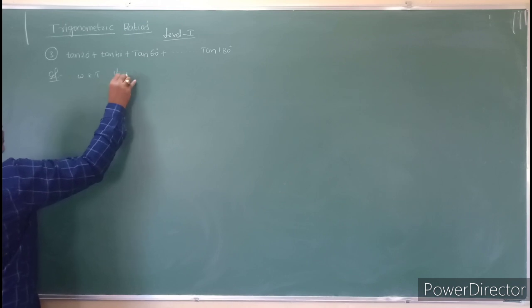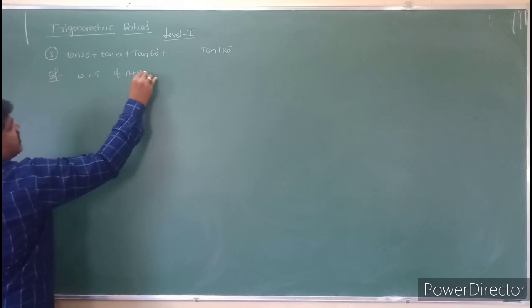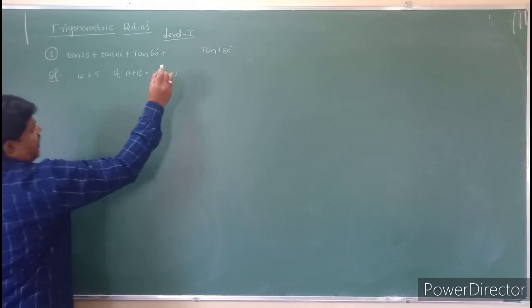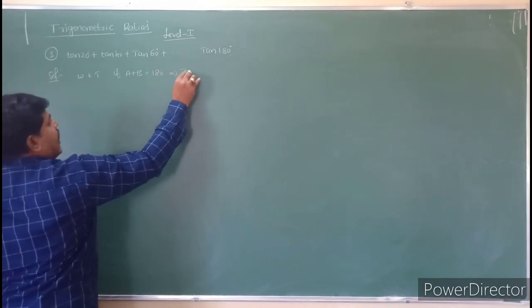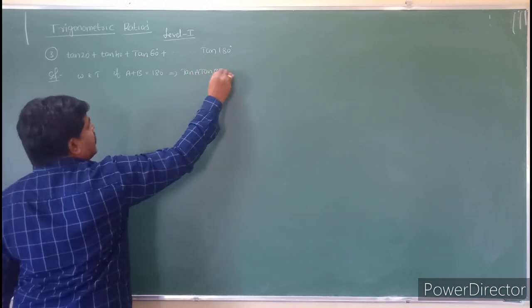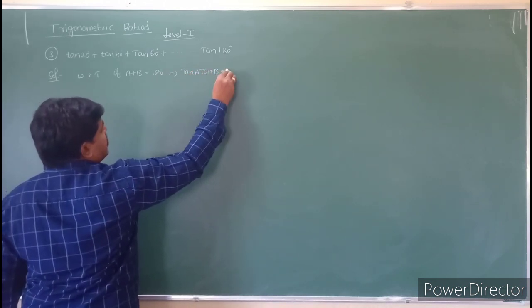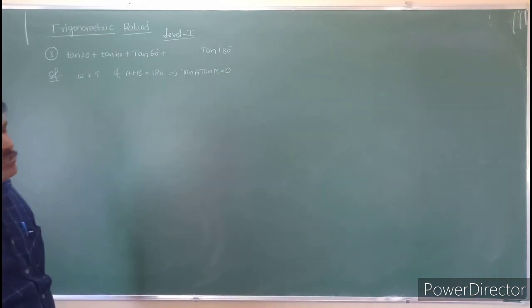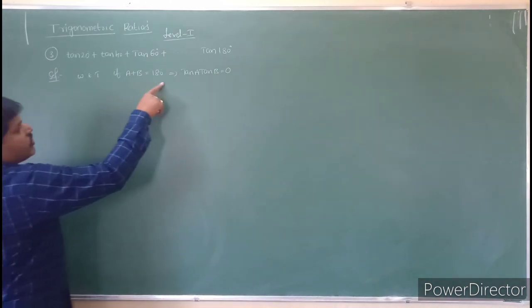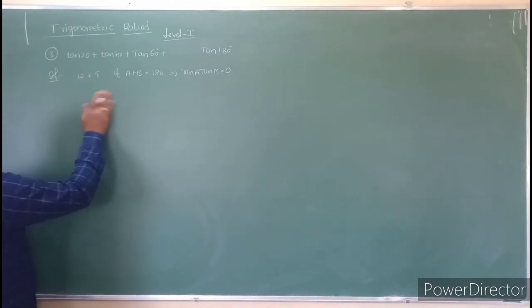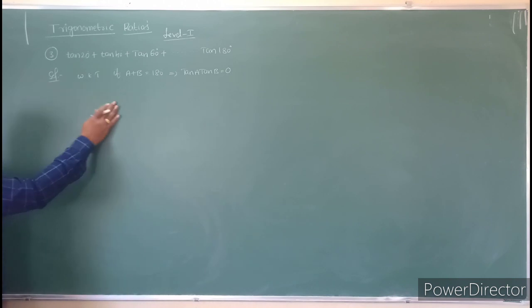If A plus B is equal to 180 degrees, then tan A plus tan B is equal to 0. So if A plus B is equal to 180, then tan A plus tan B is equal to 0. So here, what is the LHS? That is nothing but tan 20